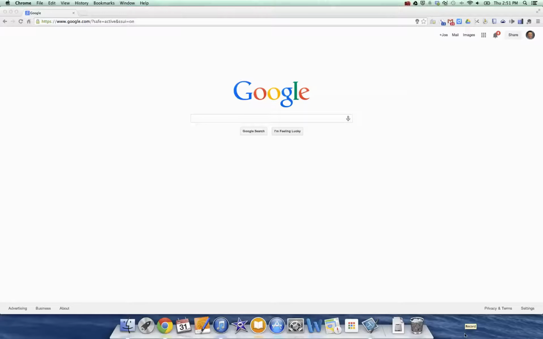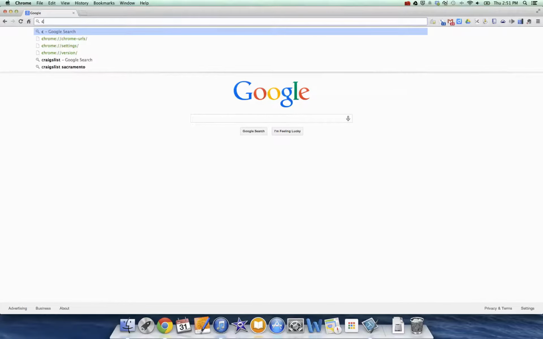Hi there, so in this tutorial I'm going to show you how you can install Snagit for Chrome. So what you need to do is up in your address bar type in Chrome Web Store,